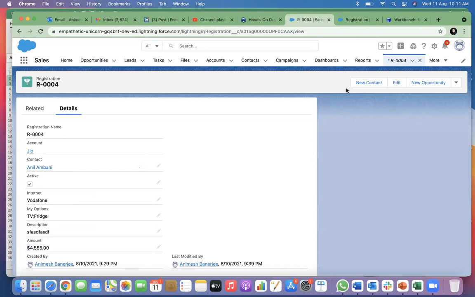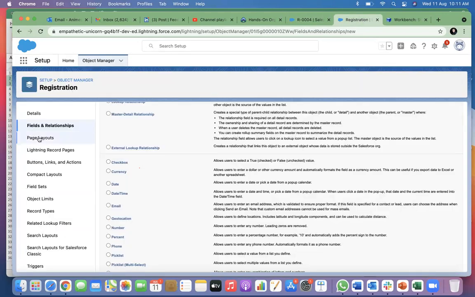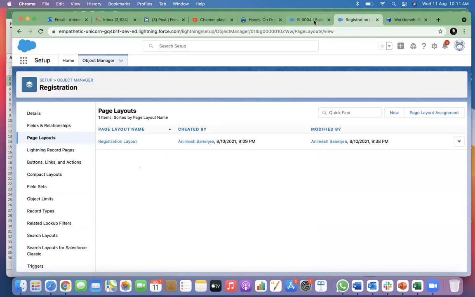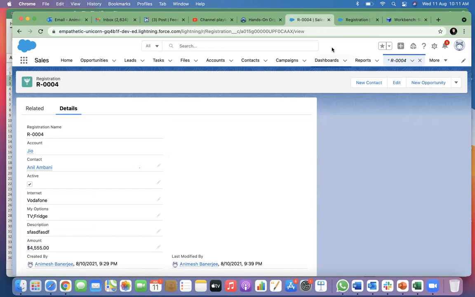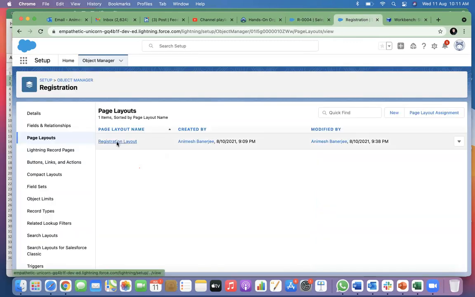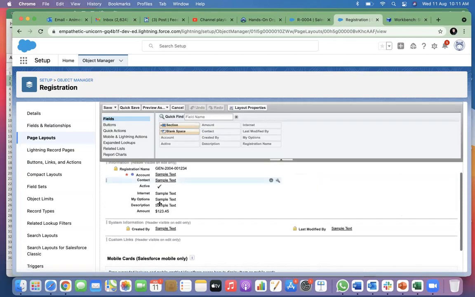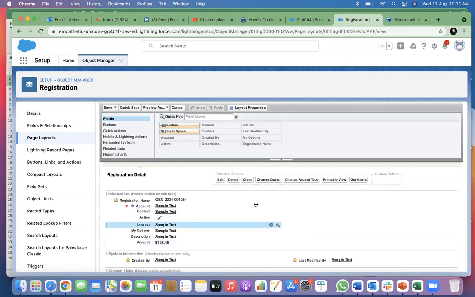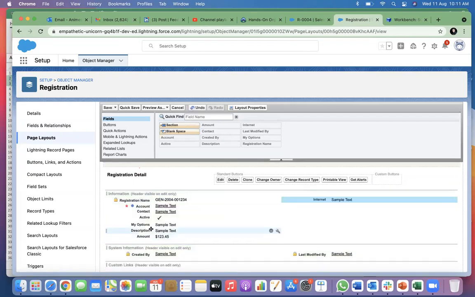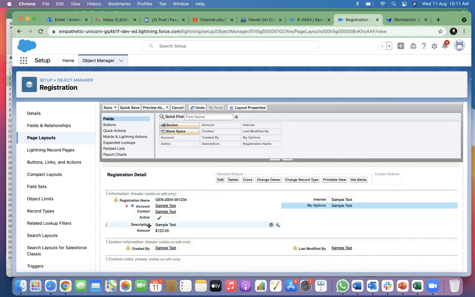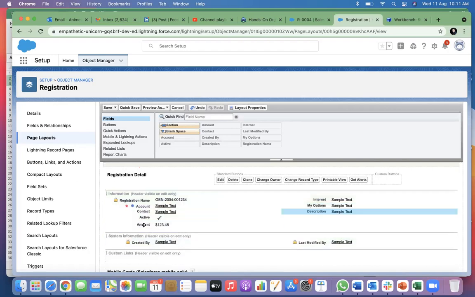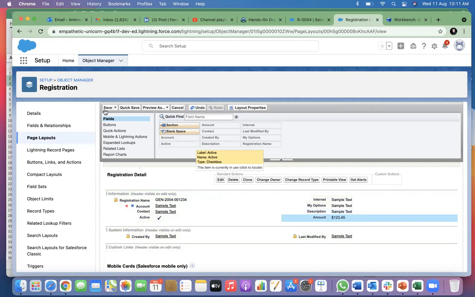Yes, yes. Here in this same object, there is a page layout, which is this screen. You can organize these new fields in the way you want. So if you go to registration layout, you can drag it. By default, Salesforce is a 2-column layout. So you can drag and drop these in the 2-column layout and save.